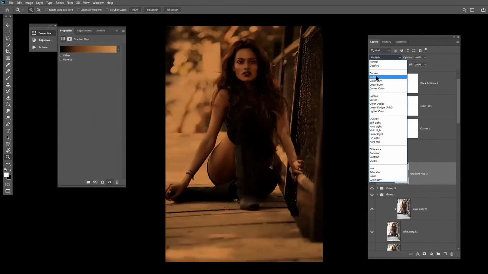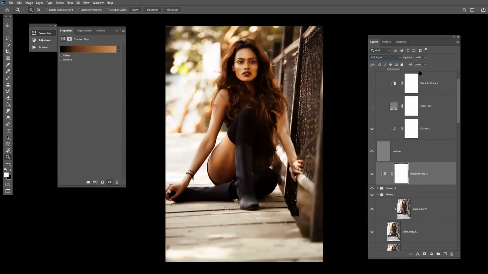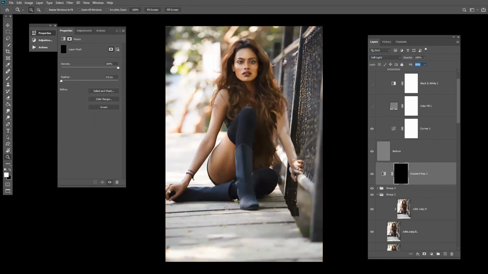Let's go to multiply. It's not. You have to see where the colors are popping out. Soft light is popping out well. Let's reduce the opacity, go inverse, and work on the backgrounds. Let me increase 50, I think is perfect. So I've already reduced the opacity, na? No, I can go full blur.